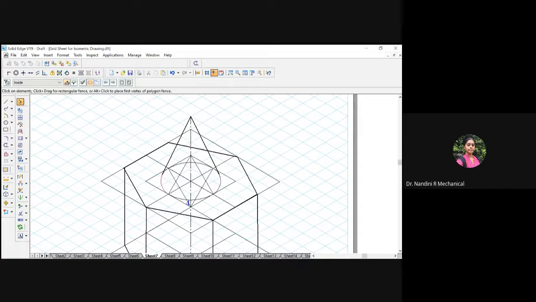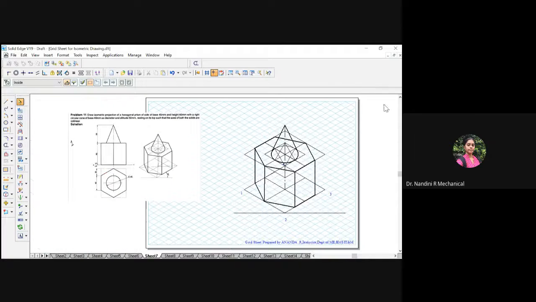And now this part of the cone base will be visible. So I will select this line, make this visible of thickness 1 mm, and again this of thickness 1 mm. I am increasing the thickness of the base circle which is visible in the cone. So this part is not visible, so no need of highlighting that. The construction line, you can retain it instead of deleting.